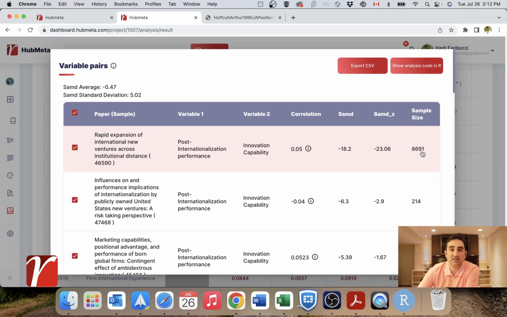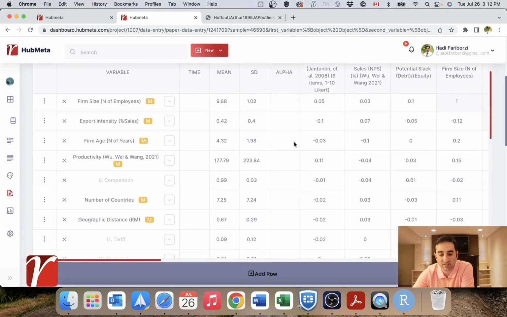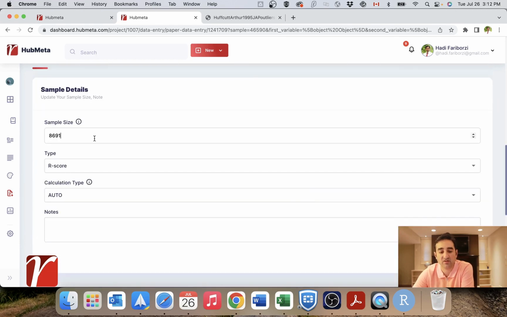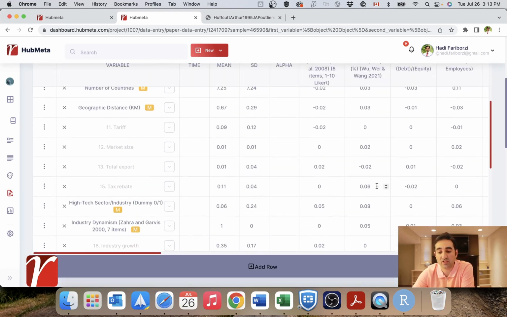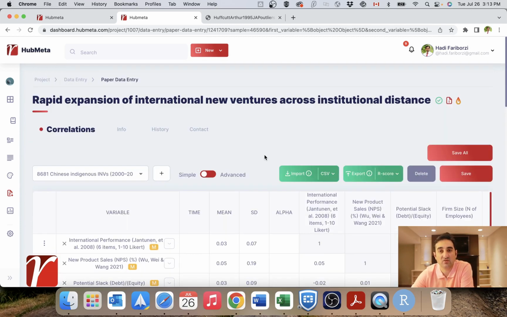Usually, in these cases, you go through multiple steps to handle the outlier. The first thing I like to do is to click on it and go to the actual paper. I will open the PDF, read the paper, make sure, for example, that the sample size is correct. Maybe the correct number was not reported or there is a typo. And then I will go and check the actual correlation table, make sure the number is correctly entered, make sure the directions are right. Now, let's say you are 100% sure that the data entry process was correct. There is nothing to be done about this.